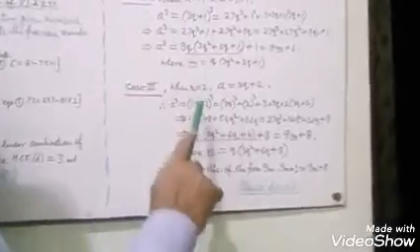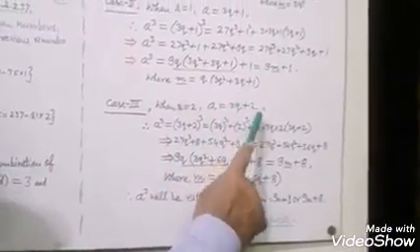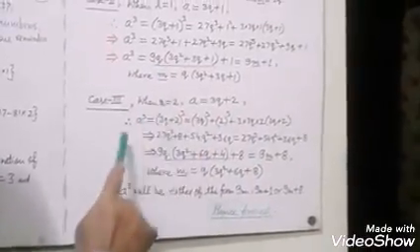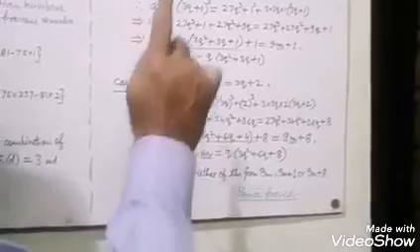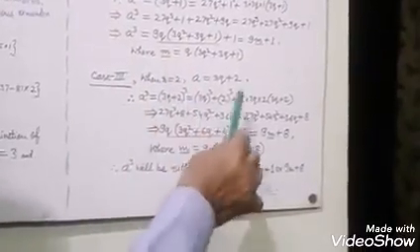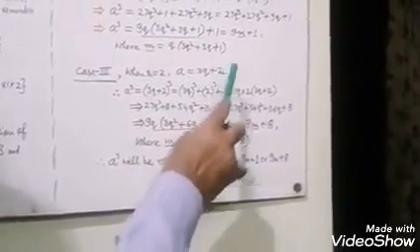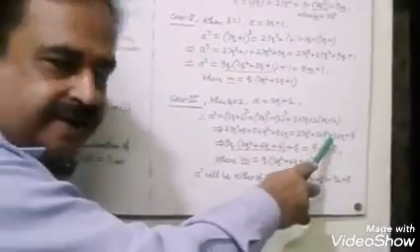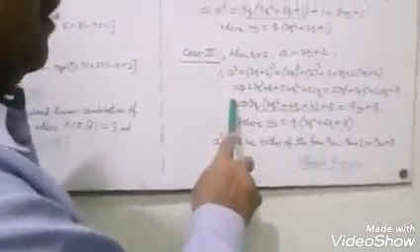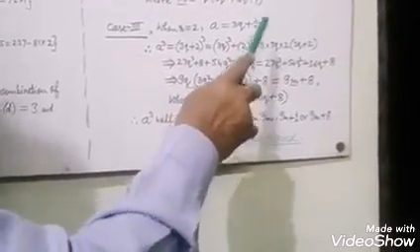Now our third case, after this second case. Case third, where the remainder r is equal to 2. A is equal to 3q plus 2. A cube is equal to cube of 3q plus 2. Now apply the identity of whole cube. We get cube of 3q, cube of 2, plus 3 times 3q into 2 inside the bracket 3q plus 2. Got it? It implies that 27q cube plus cube of 2 is